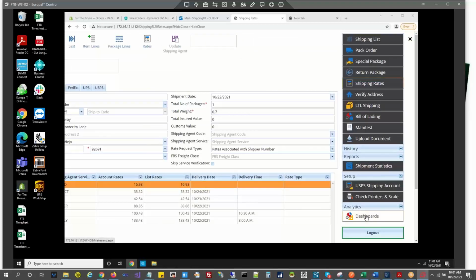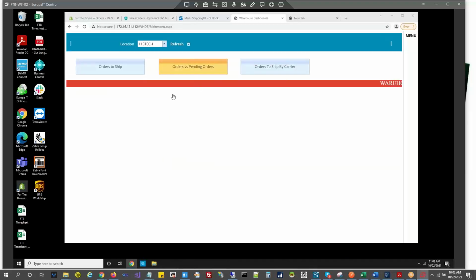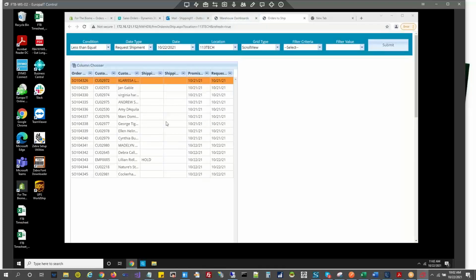Okay, and this is the dashboards. Here you can see orders to ship till today.